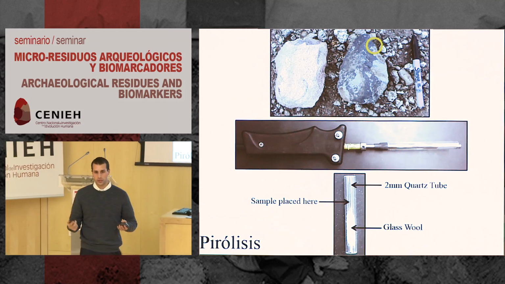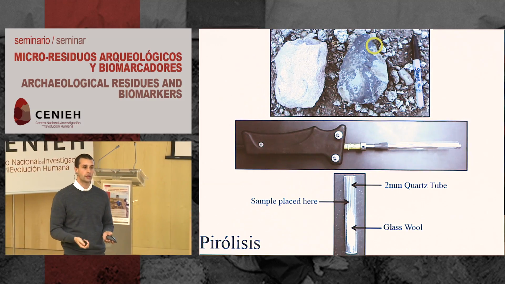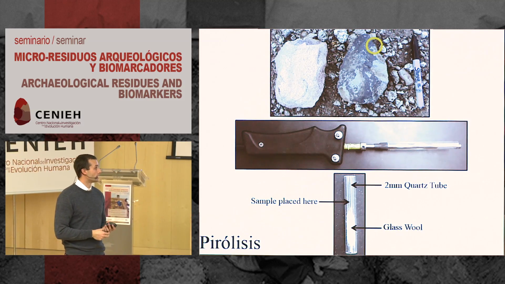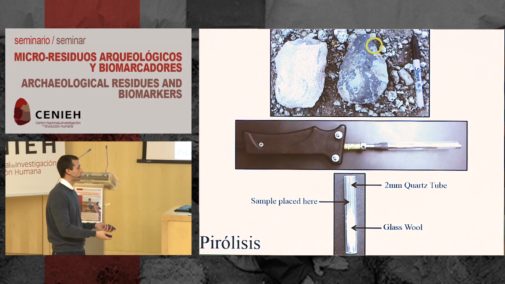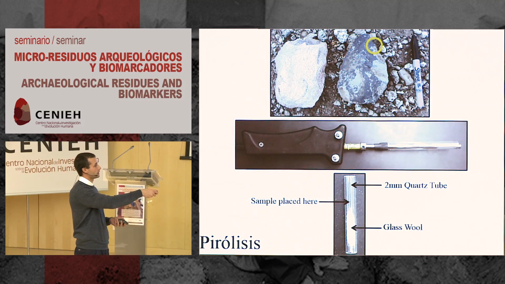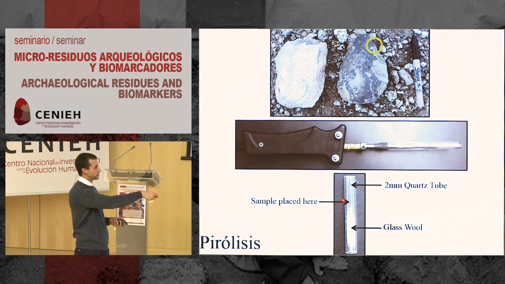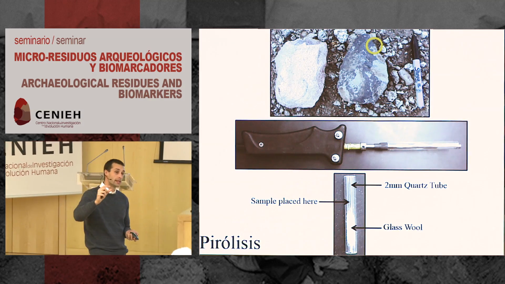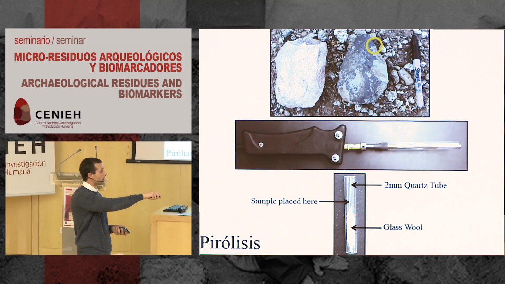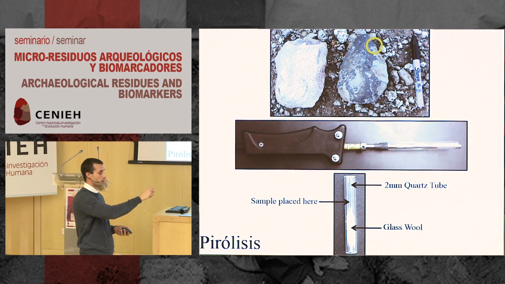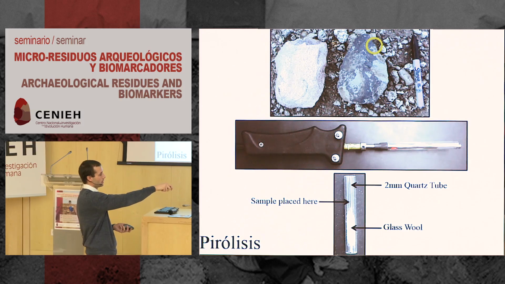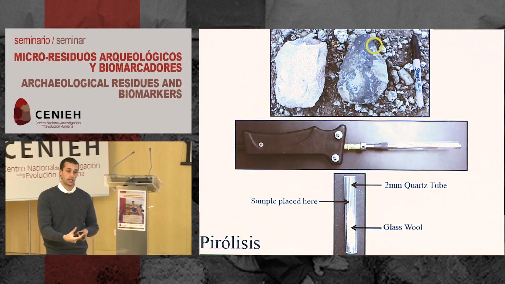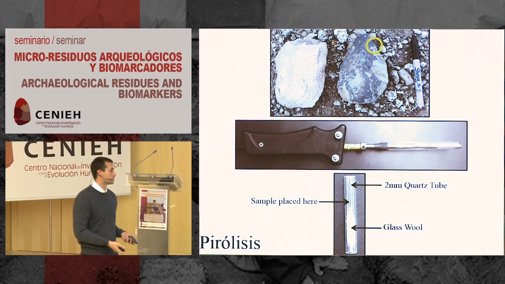So what we're interested in is residues on stone tools, and whether or not we can remove the residues and then analyze them for the chemical components. And this is really how simple it is. If we can successfully remove residues from stone tools, the sample itself just gets placed right here. This is a 2-millimeter quartz tube. It is really a pain to get the sample in. You have your glass wool as a barrier, a protector, so the sample doesn't fall out. Then this tube gets placed into the probe, and that goes into your machine. Then you combust it to 600, and you get your resulting